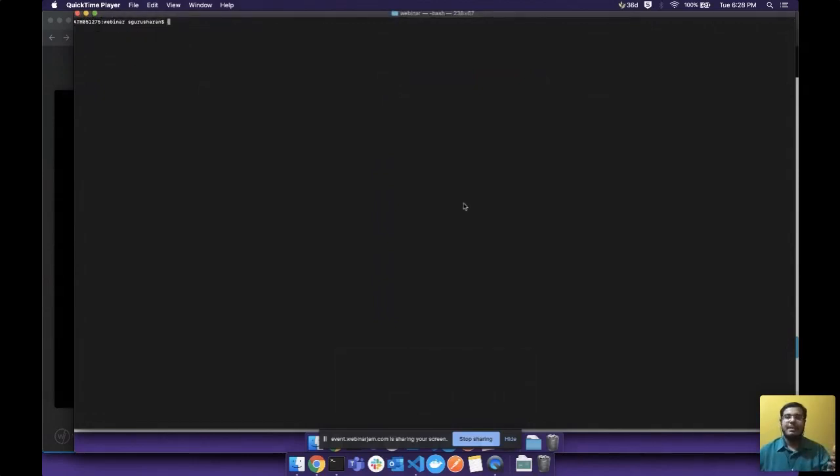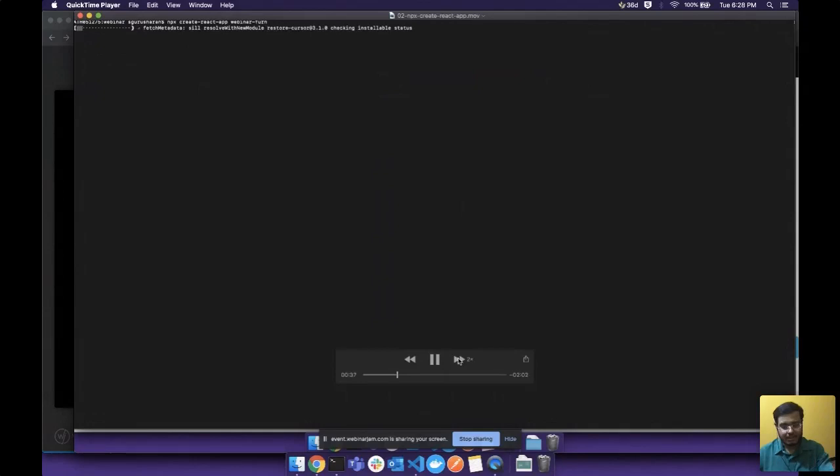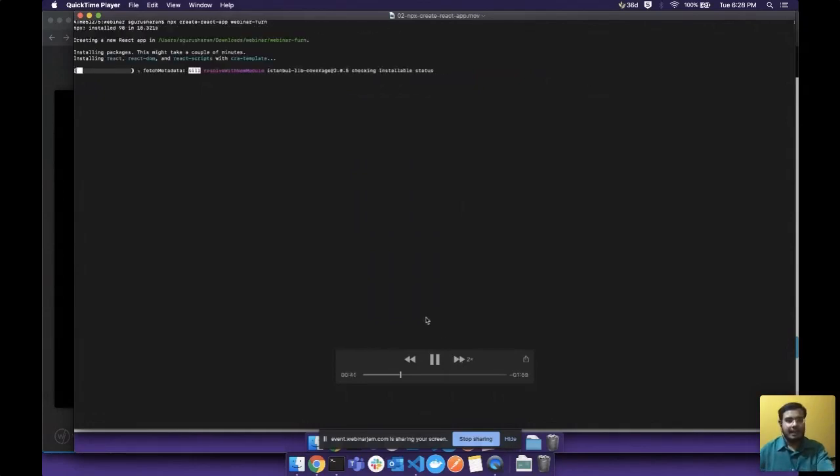So as I said, I'll be creating my application using React.js. The command to start creating a React application is just npx create-react-app and give a name for your application. The moment you say that, your NPM package library is going to download some content, all the dependencies and stuff like that. So let me just quickly go forward.